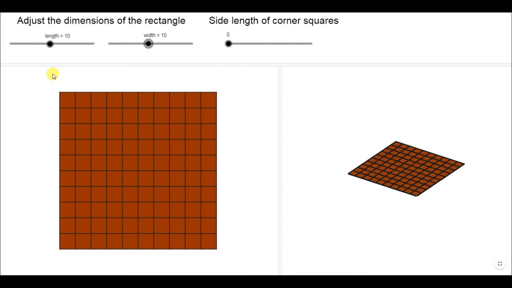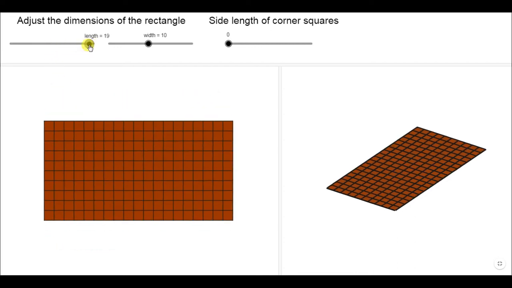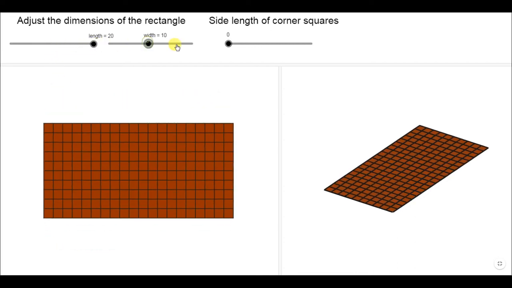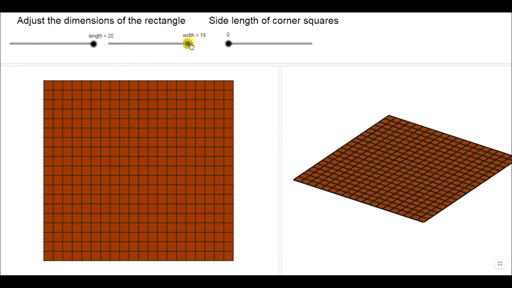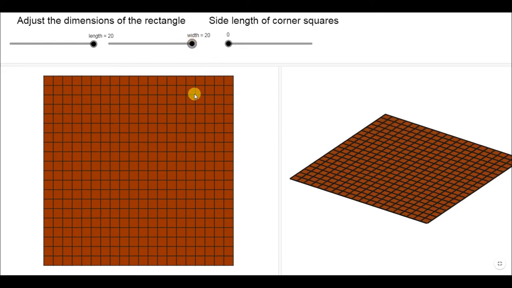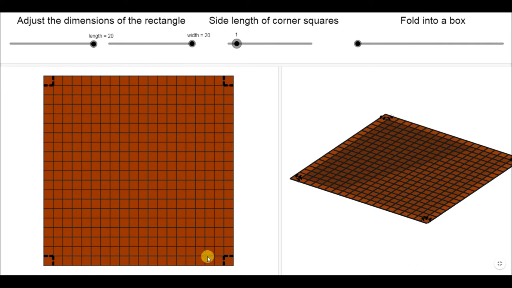For example, you will take a sheet of 20 centimeters by 20 centimeters. Actually, you will take a sheet in hand, not on GeoGebra. You will take a sheet like this, 20 centimeters by 20 centimeters, and then cut identical squares from the four corners. For example, you can cut squares of 1 centimeter by 1 centimeter from all four corners. You can also cut a square of 2 by 2, or 3 by 3, and according to your requirement you will cut out.